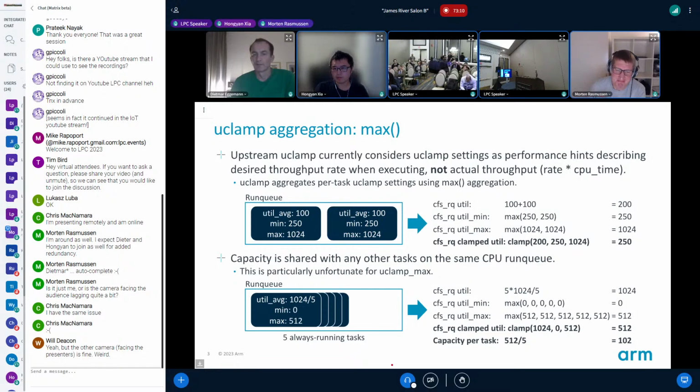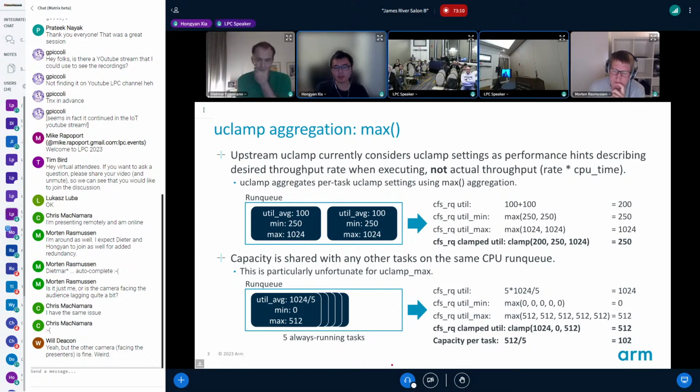Yeah, I think using uclamp min is a better way to convince other people. Like if I say uclamp min of 100, and there are like 100 tasks on the CPU and this min moves me to that CPU, I'm the 101st.